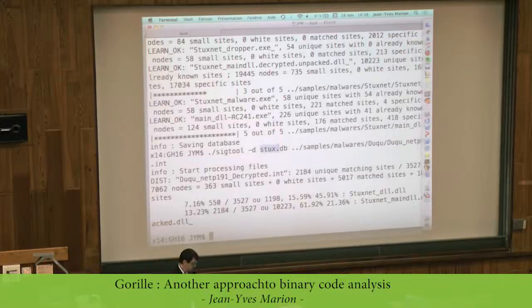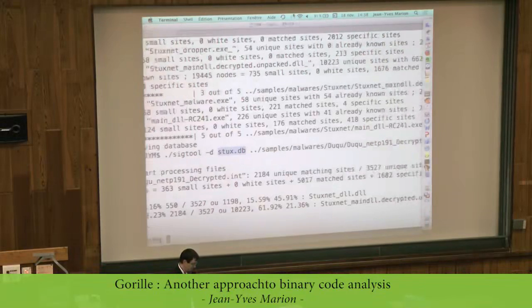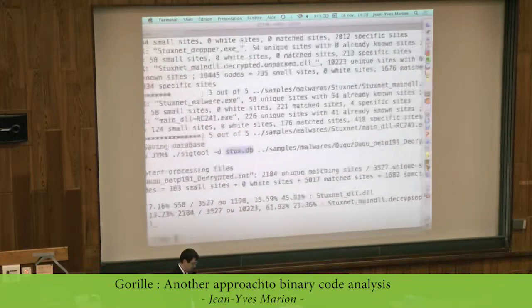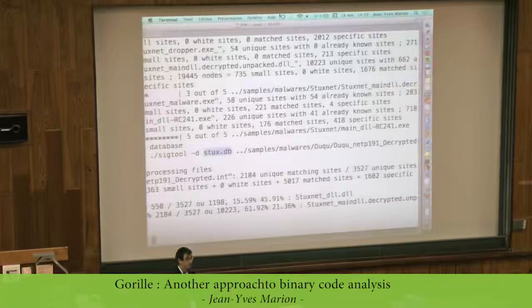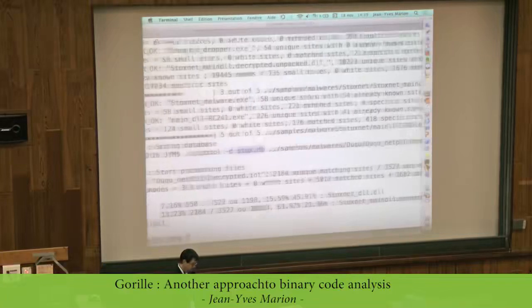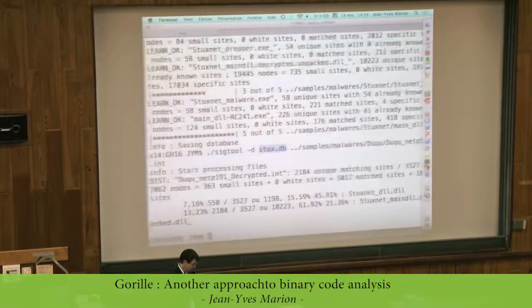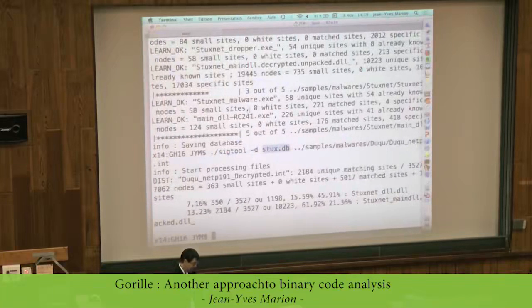I use a database of the 5 Stuxnet samples, and I look at a program which is one version of Yuku. Okay, and as you know, because I'm sure you are reading that on the web, there is some relationship between Stuxnet and Yuku, at least at the level of the code. There are some parts that are not completely the same, but quite the same, very similar. And what you see that in this case,